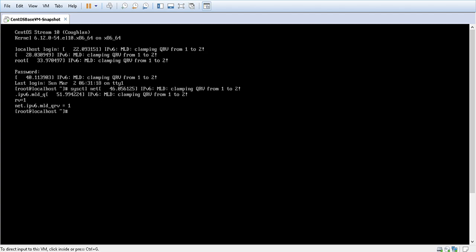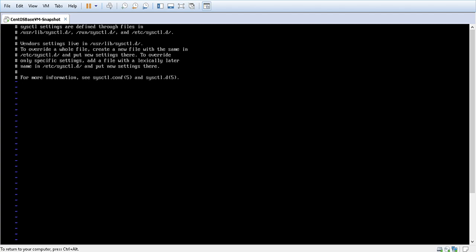So now let me... it seems that the snapshot process is completed. So at the left bottom corner it is done, and now I will go ahead with the process that I discussed. So it would be vi /etc/sysctl.conf, and I'm navigating to the end of the file,